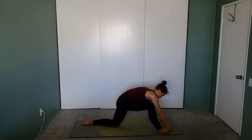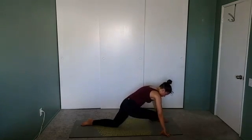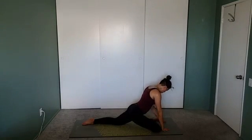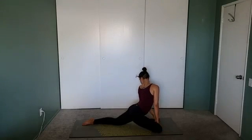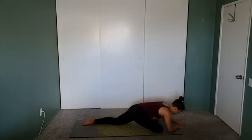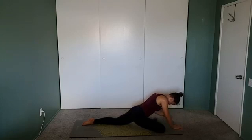Slowly walking your hands back up if they're down, and toe wheeling your foot all the way to the other edge of the mat for pigeon on the other side. Gazing back at that left foot, make sure that it's super straight, and then ensuring that your right feet are flexed, and slowly lowering all the way down,